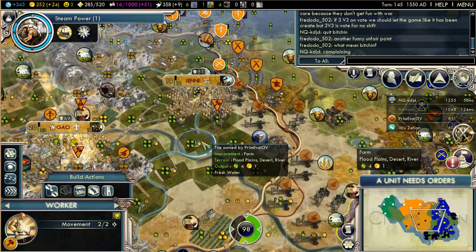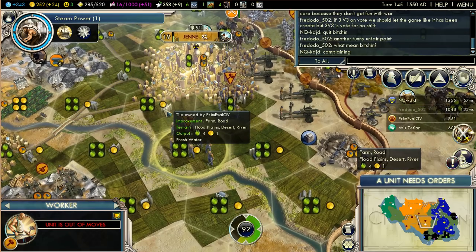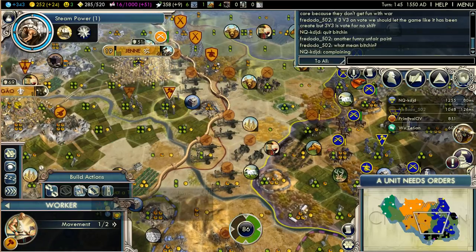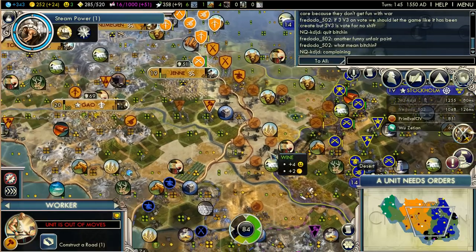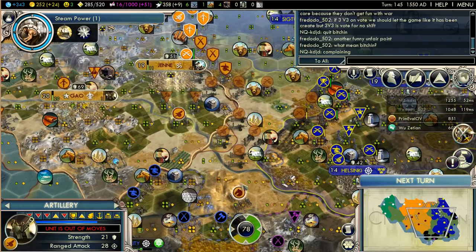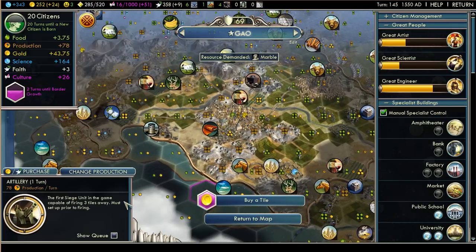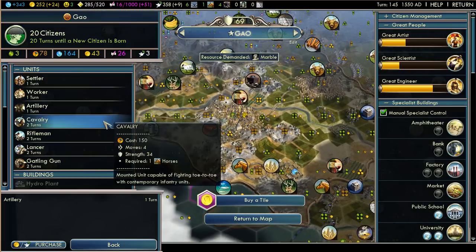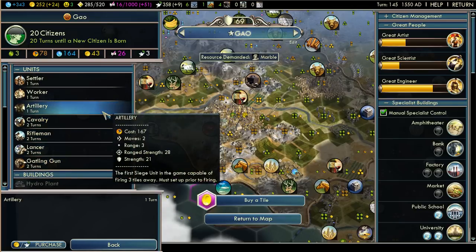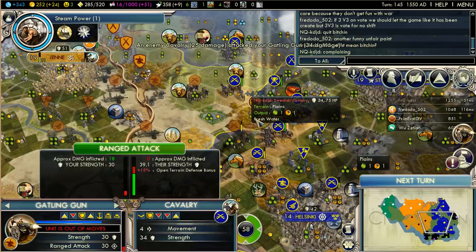We need to work on a road towards Helsinki. Add to queue. More artillery, and so